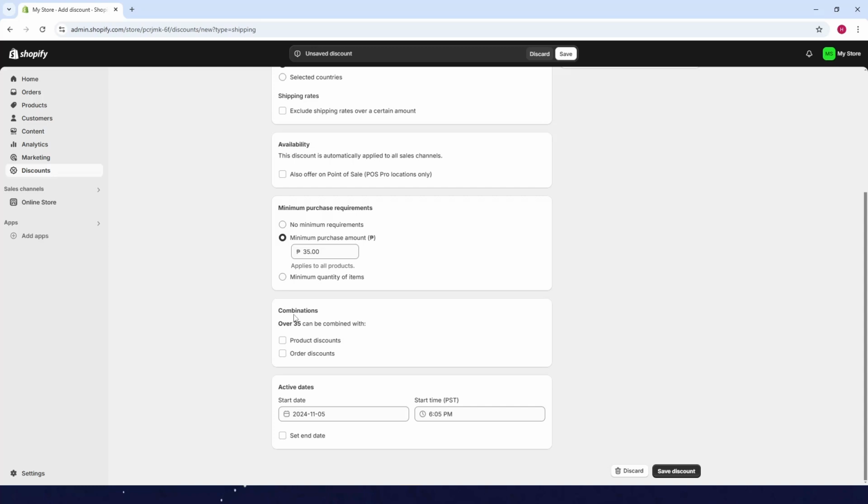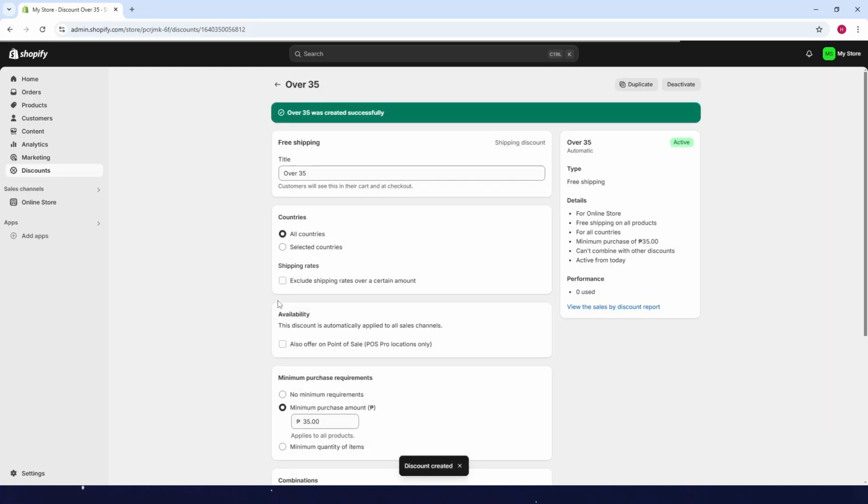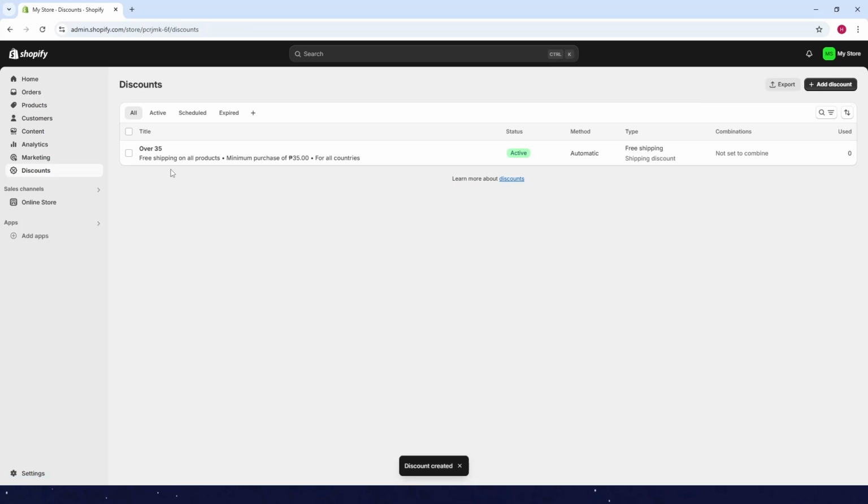And then as for the combinations, you can check among the options here if you want, use either of the options. And of course you can set the active dates here as well, and you can also set the end date. So after that, just click on save. Let's go back. As you can see, now we have a free shipping on all products, minimum purchase of $35. Okay,